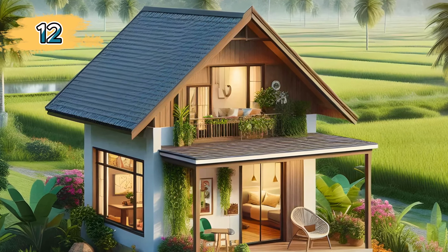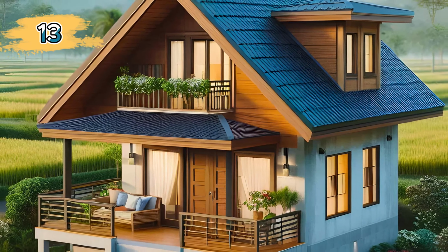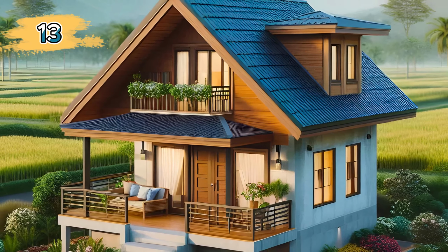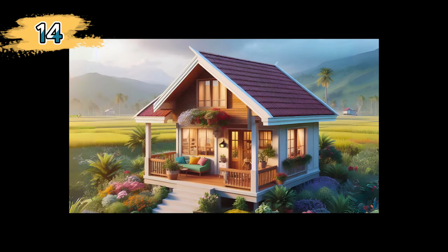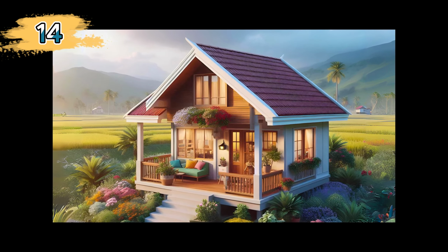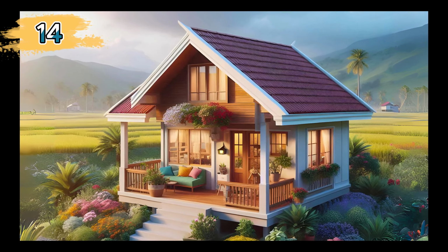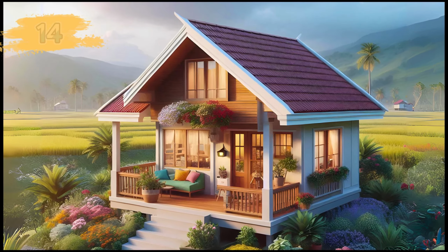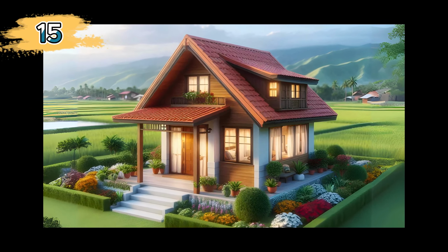Artist studios inspire creativity with ample natural light and panoramic views, while wellness retreats focus on holistic rejuvenation amidst nature. Off-grid cabins embrace sustainable living with renewable energy sources and rainwater harvesting systems. Family farmhouses provide spacious interiors and communal living areas for cherished gatherings, while traditional nipa houses showcase intricate bamboo craftsmanship